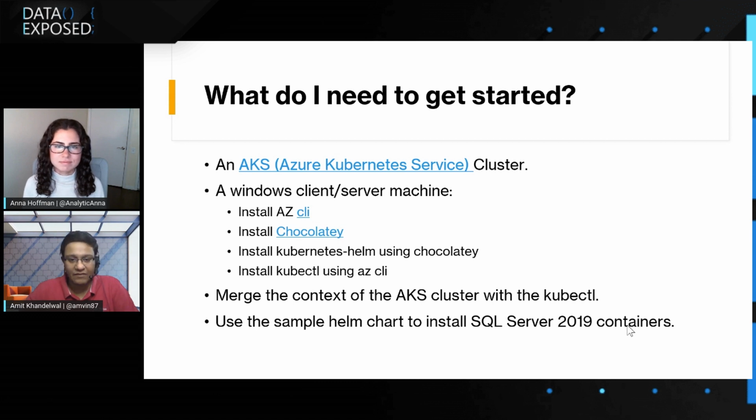And I have a Helm chart available for us. Use the Helm chart and then go ahead and make the deployment on the Kubernetes cluster. So in my demo, what you're going to see is an Azure Kubernetes service as the Kubernetes cluster, and my machine, which is running Windows, as the local machine from where I'm going to run these configurations.